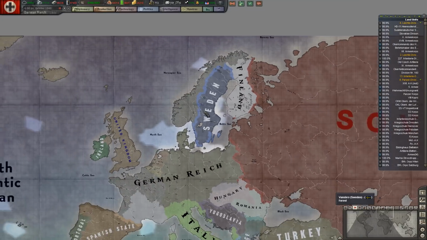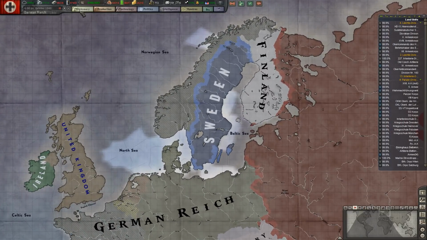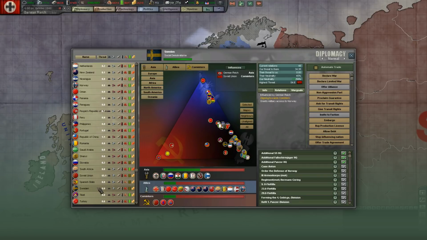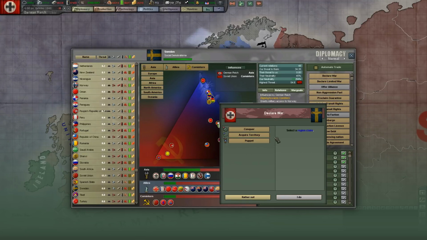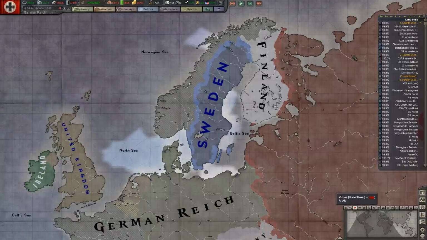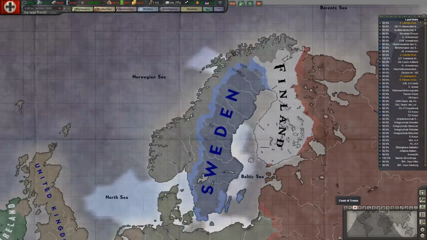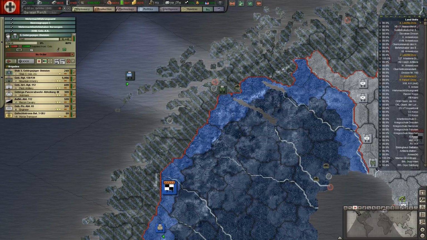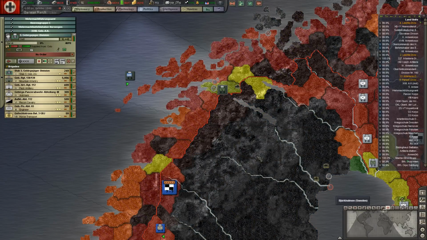Okay, and we want to see if we can declare war against Sweden. Sweden, and declare war and puppet. Yes, install a puppet government in Sweden. And they of course join the Allies. Take a quick look there. Okay,